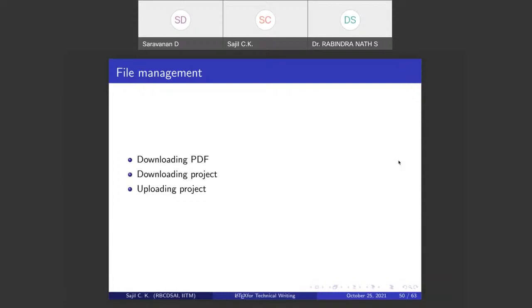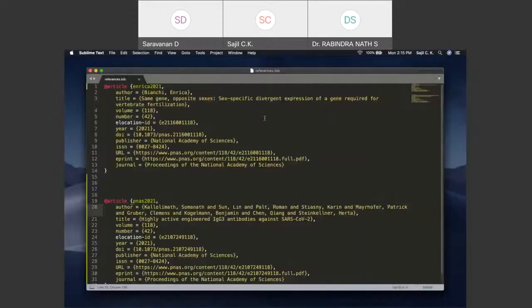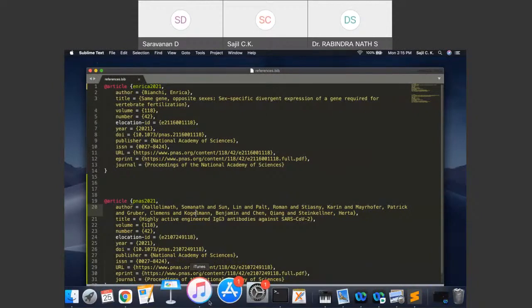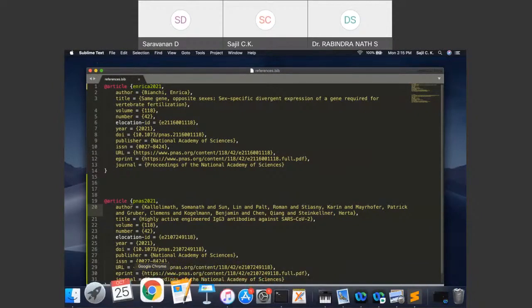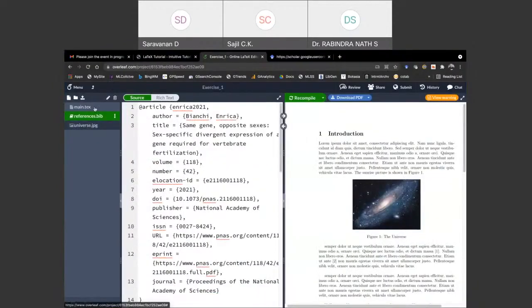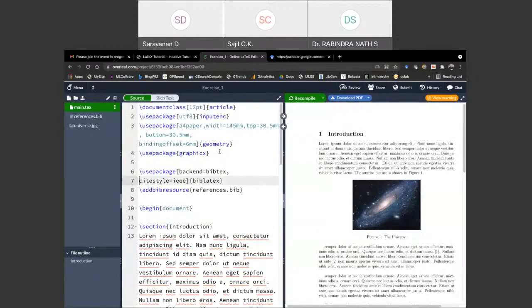So okay, another thing I need to mention is the class name. I have shown it already, but let me show it again. Whenever we prepare a LaTeX document, we give the class name here.